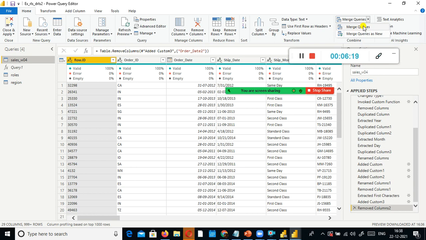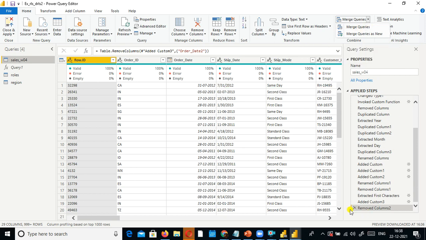But if you want to revert it back, you need to get back to the previous copy of your tables. And again, if you want to compare the merged queries with the non-merged query, it is the best choice. You can choose this one while merging two tables, or 2 or 3 tables.